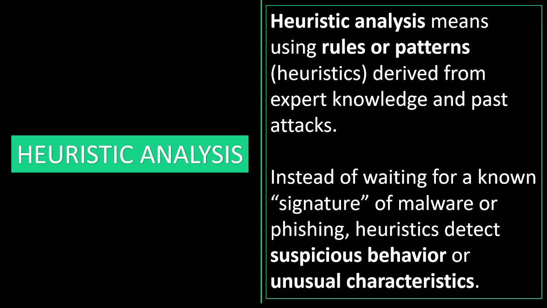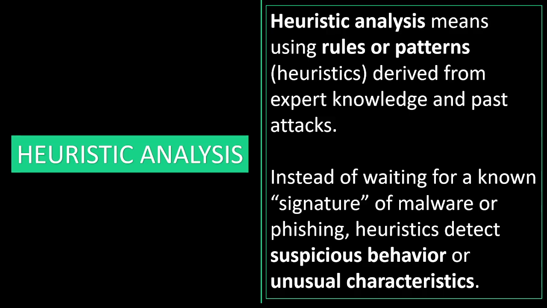Heuristic analysis means rule-based reasoning. So they utilize certain rules for reasoning, and based on their rules, they decide whether it is a phishing attack or it is not a phishing attack. It doesn't wait for a known virus signature. It looks for behavior that feels suspicious. For example, if an email says urgent and includes a link, it will add risk points. If a file tries to change system settings, it will mark it suspicious. Think of it like a digital detective using experience and logic to spot danger.